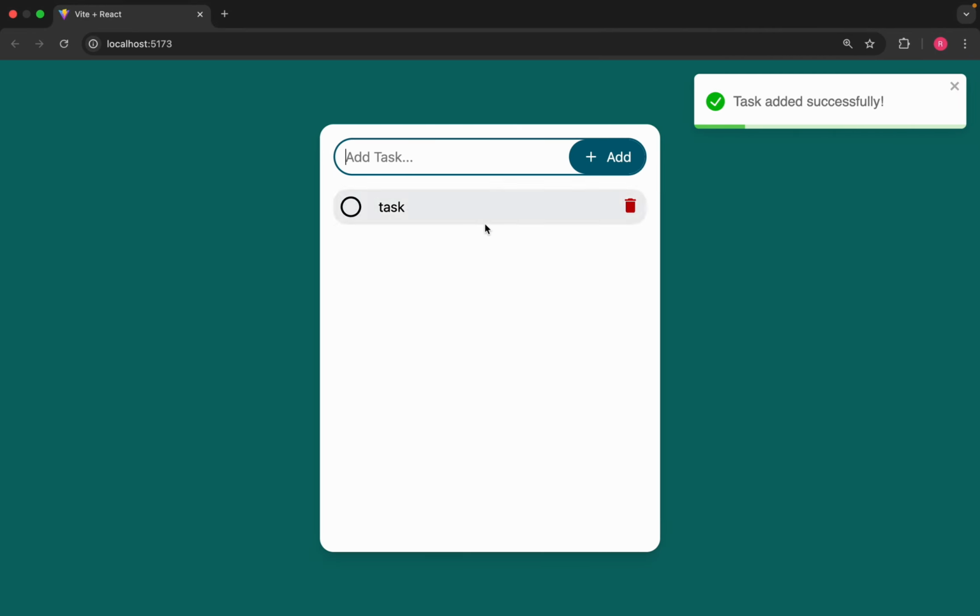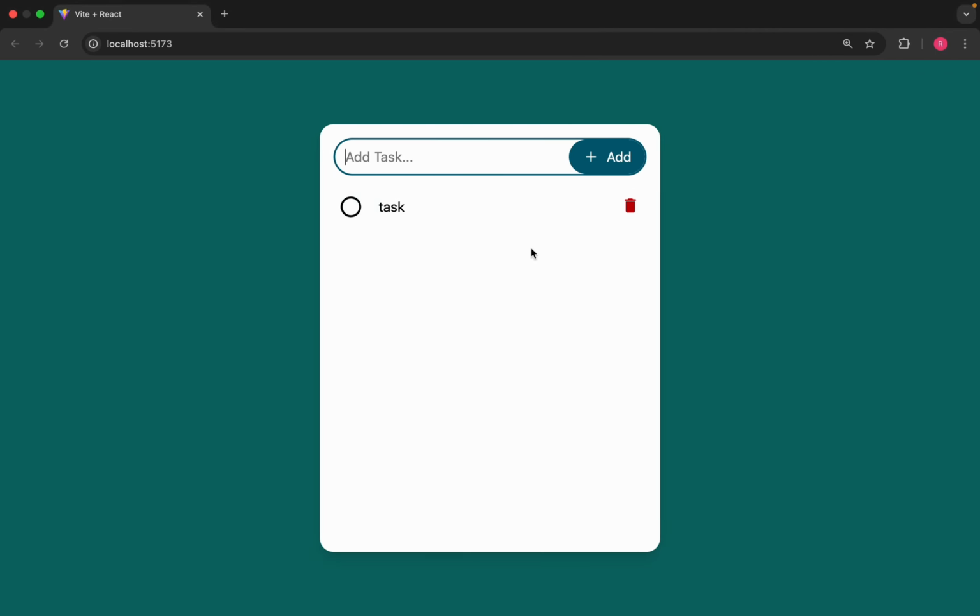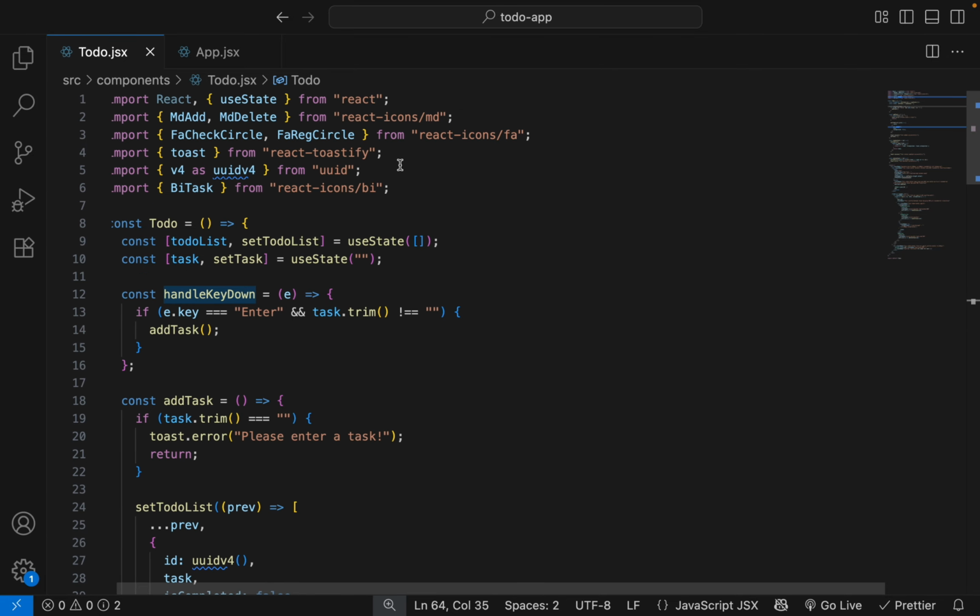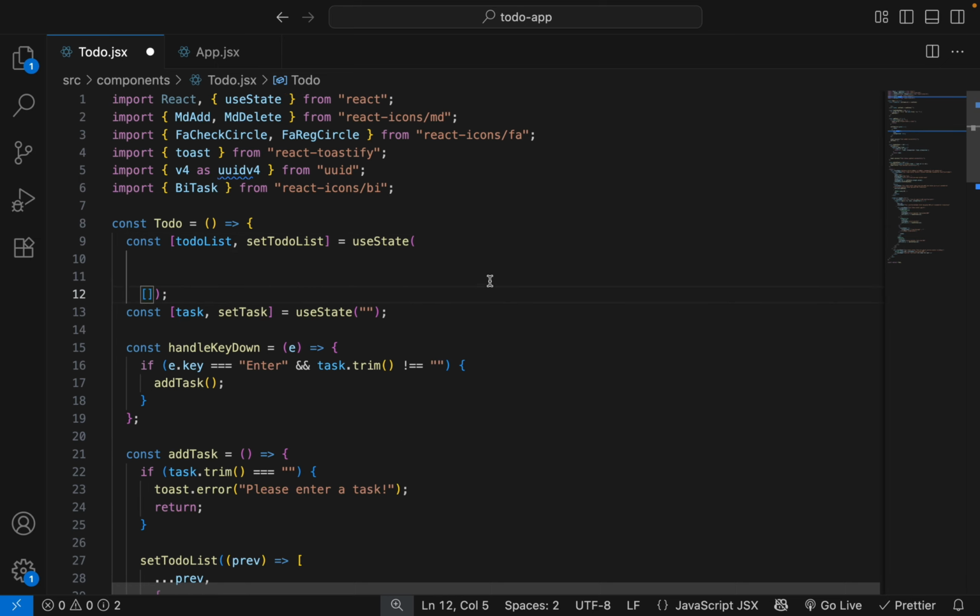So for now, on refresh, our task is removed because our data is not stored. So let's add a local storage in which we will save our task data. So initialize our to-do list by local storage.